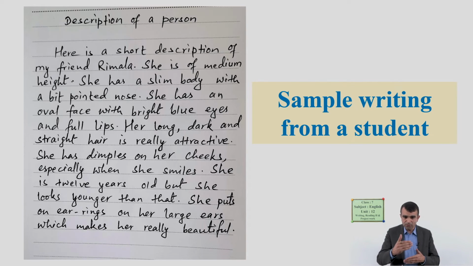Okay. Now you can add some more things and write his or her personality as well. What type of person he or she is, and also include why you like that person. For example, our hobbies are similar. We play together. She is good at stories. She is studious, or he is studious. That way you can add points and then you can complete things. Okay, good. Now let's go to another writing task.